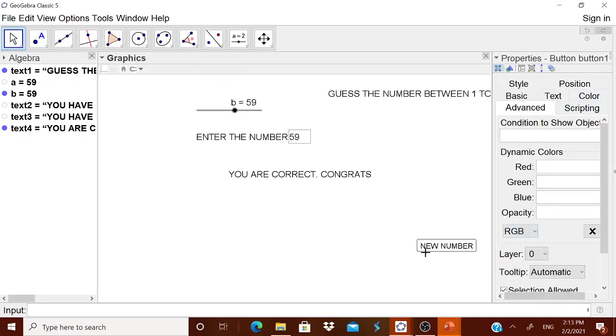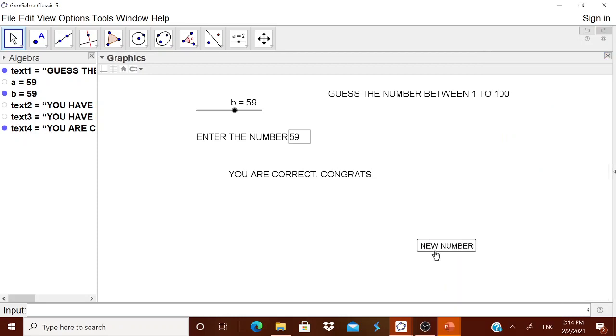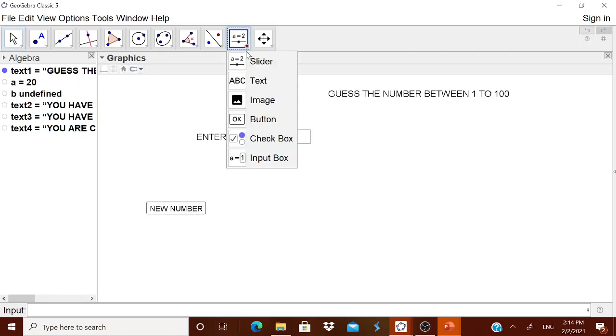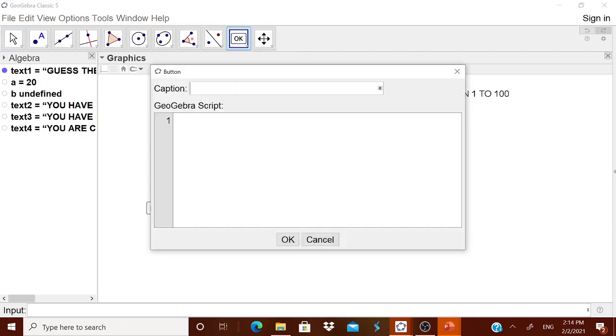I think I can remove this fixed object and then put it somewhere. Okay, the new number, if you put it, then everything will go away. Now new number means, you see, go on, it is coming once again. Sometimes you may be interested to have one more OK button.